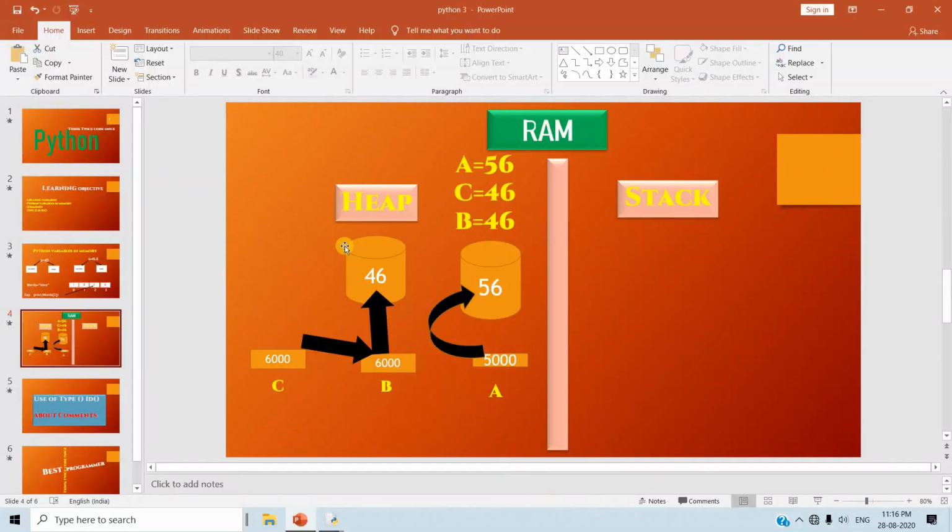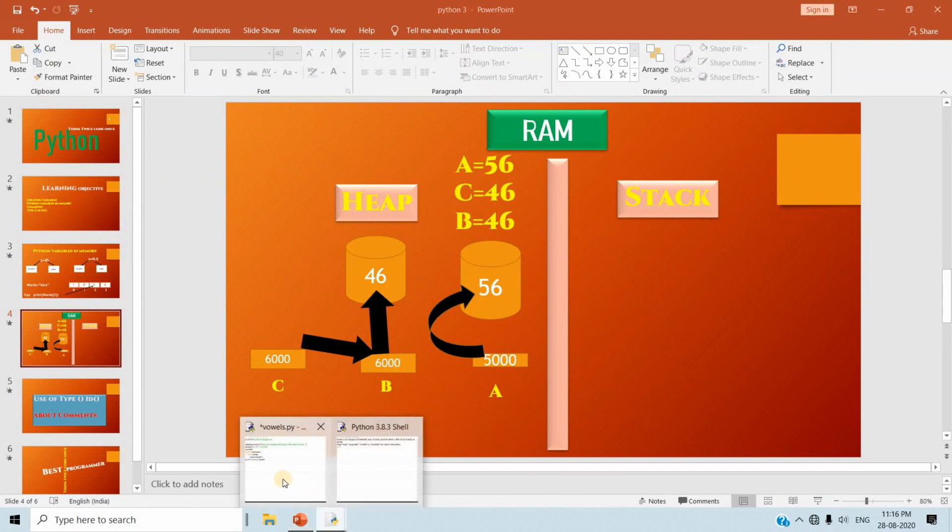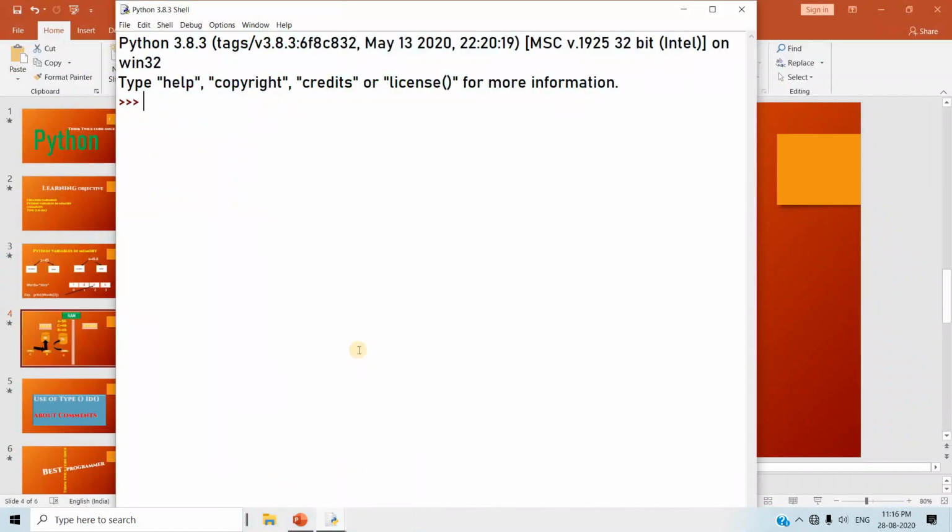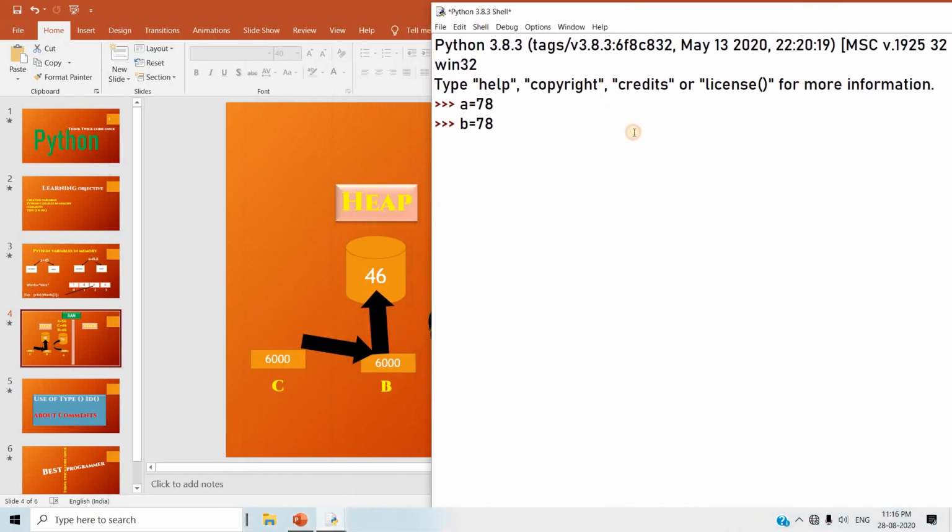Now let me explain with the help of an example. See students, out here, let's take an example a is equal to 78 and b is equal to 78. As I told you, this variable a and variable b have the same values.